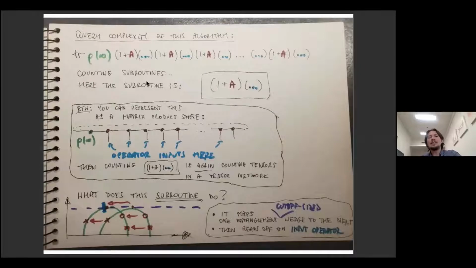Now, query complexity is supposed to be the number of times that a certain bottleneck subroutine is being called. So it has to be something that is repeatedly used over and over in the state. It's really clear that in this case, the repeatedly used object is just this thing. It's an infinitesimal translation along the cutoff and reading off a new input. The combination of them is the subroutine we're talking about.